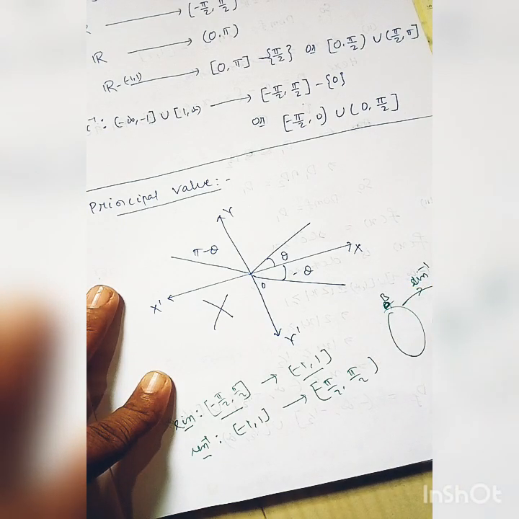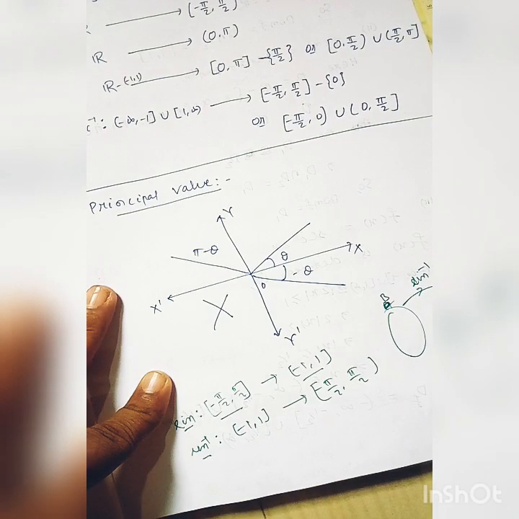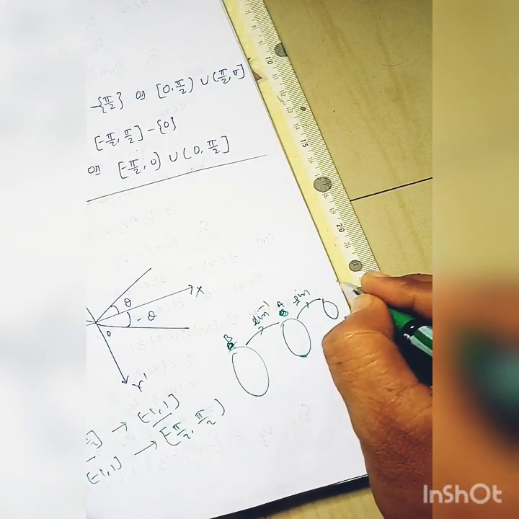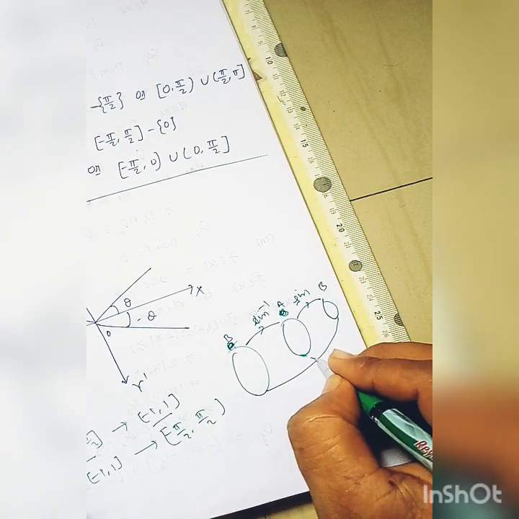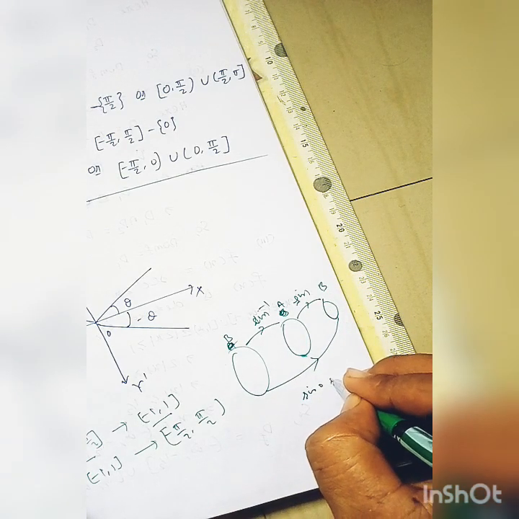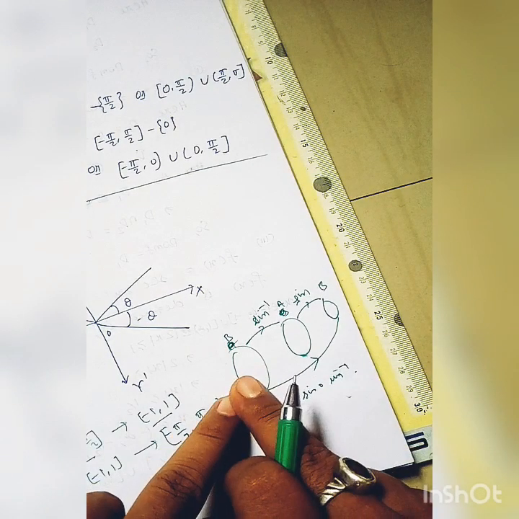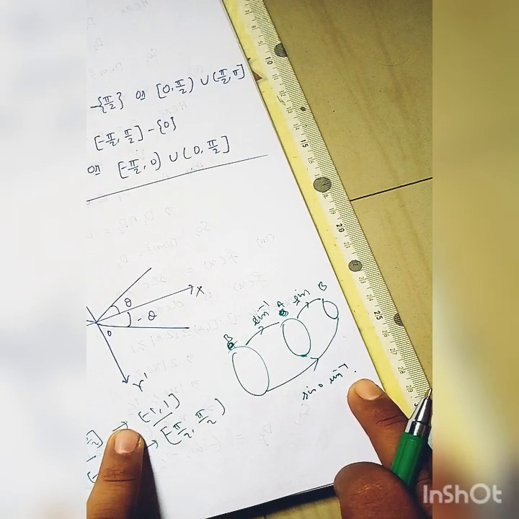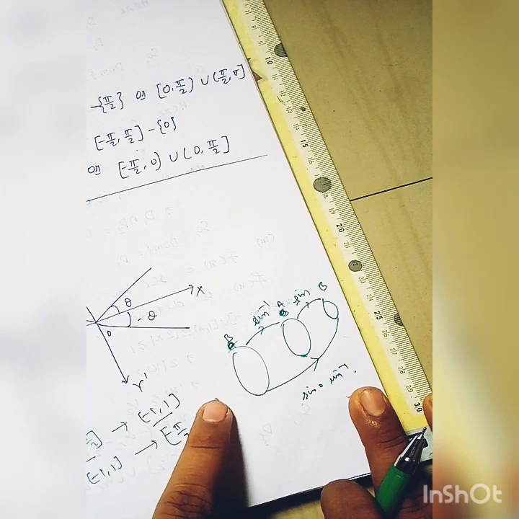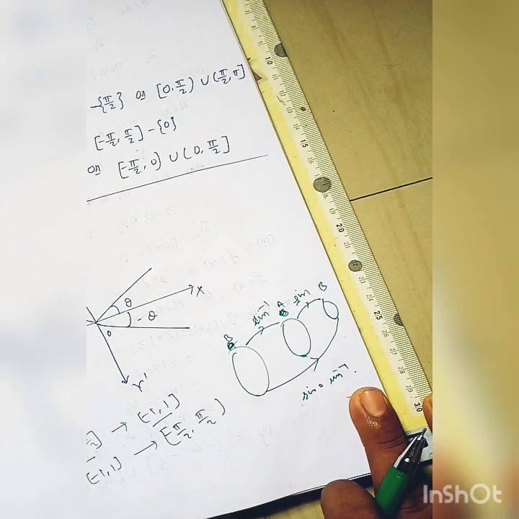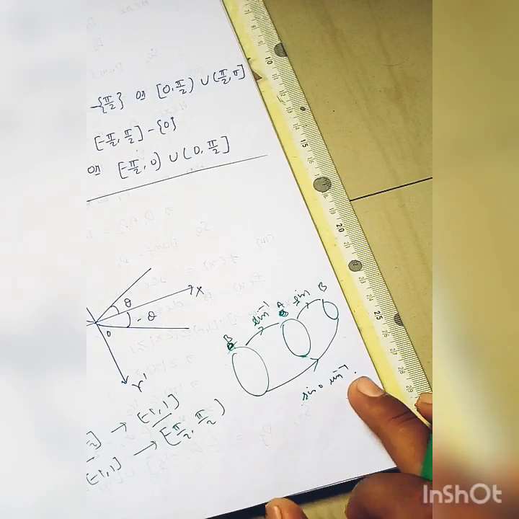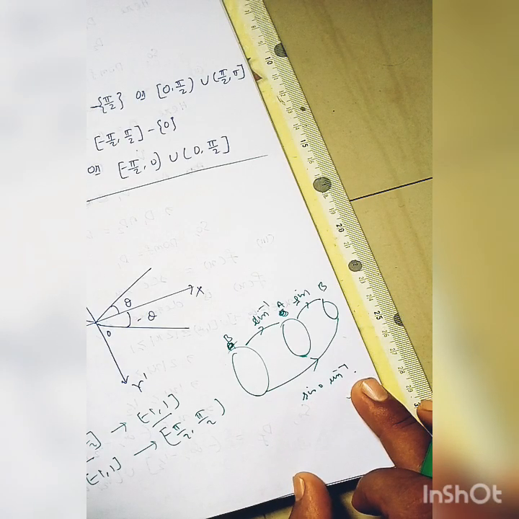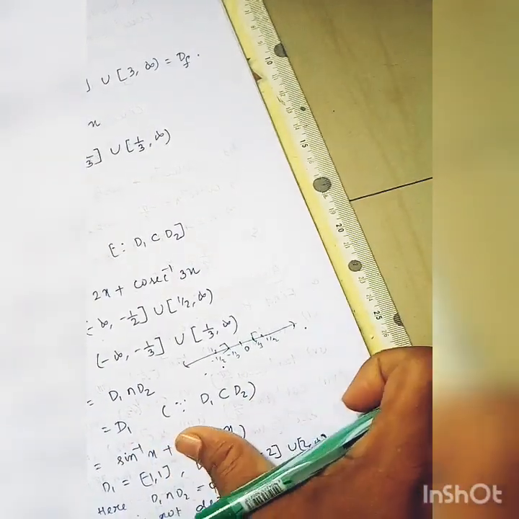We suppose sine inverse is a mapping from B to A, and sine is a mapping from A to B. Obviously this sine operation sine inverse is a mapping from B to B. That is, sine operation sine inverse is a mapping from the closed interval minus 1 to 1 to the closed interval minus 1 to 1. That is, f operation f inverse is a mapping from B to B. So f operation f inverse of x equal to x, or I_B(x), for all x belongs to B.